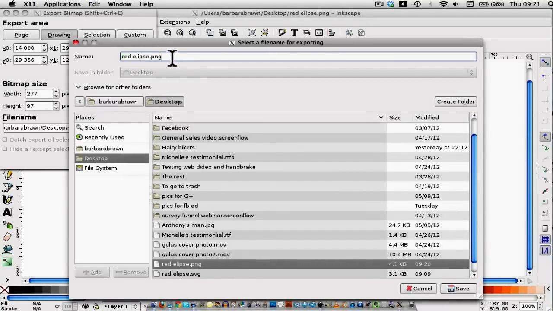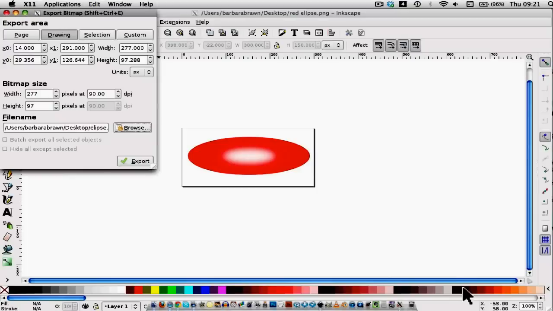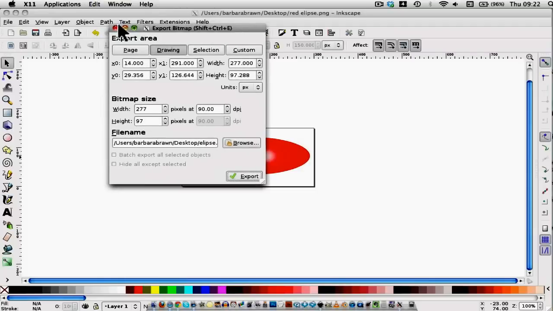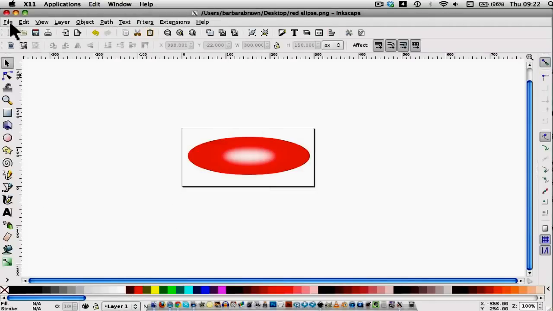desktop. I can put anything up here. You will be defaulting to PNG. I'm going to call it ellipse PNG, save. But the most important thing is to export, because if you don't, it won't save it. Export, and then very quickly it goes across,